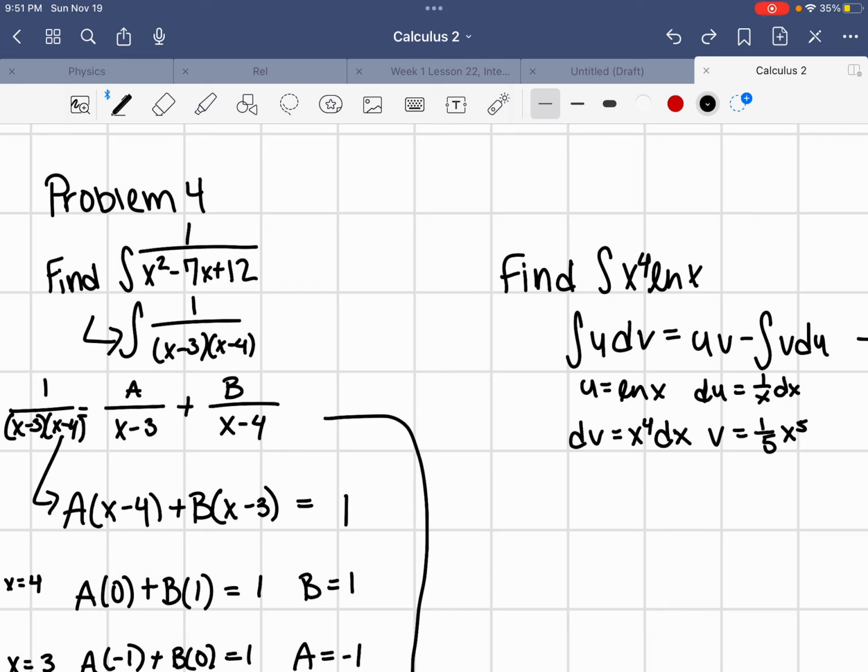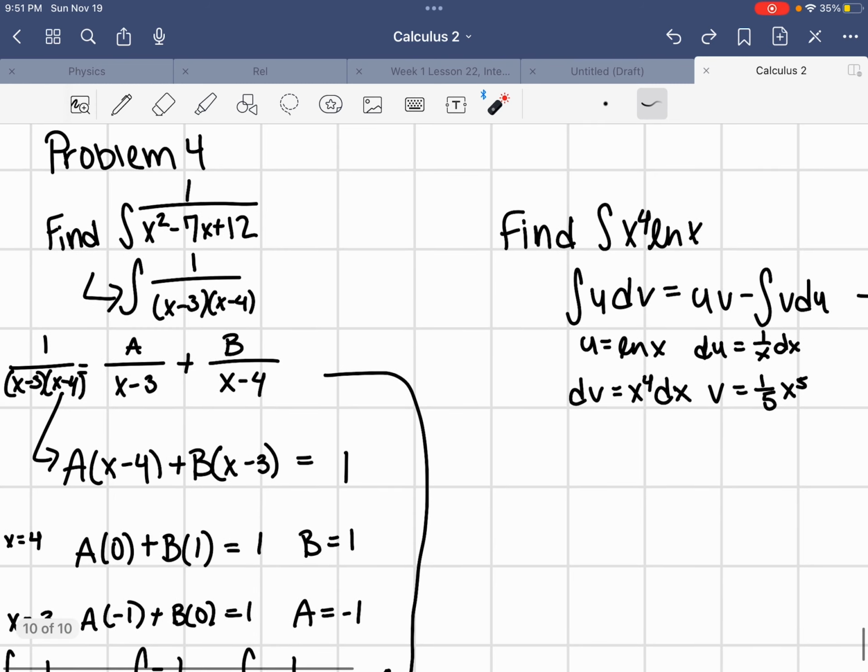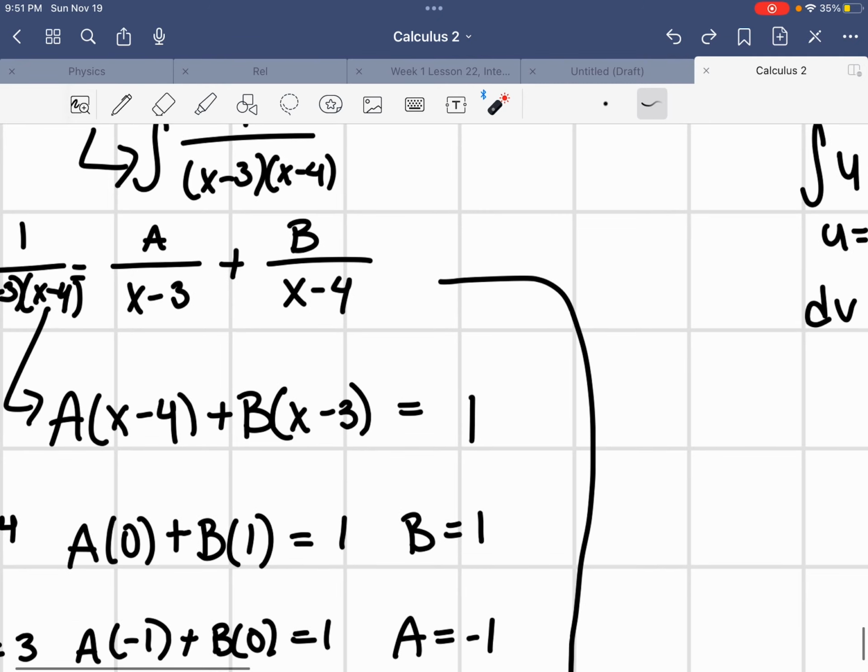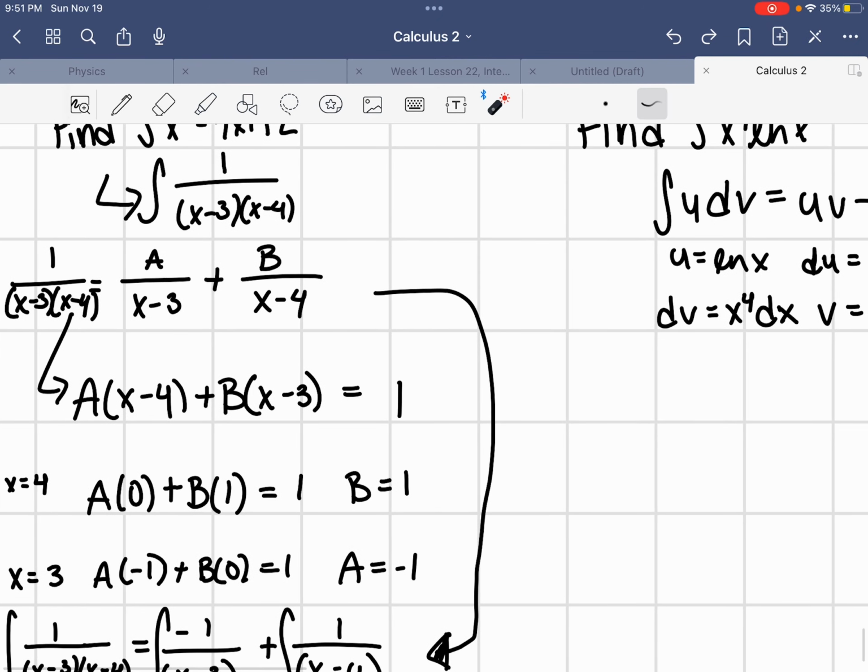What I did was simplify this into that, and this gives us partial fractions, so that I could be able to go to this. Normally we won't be able to do that in algebra, but in calc it is manageable. Then what I did here that I didn't show was that I made sure that each of them had